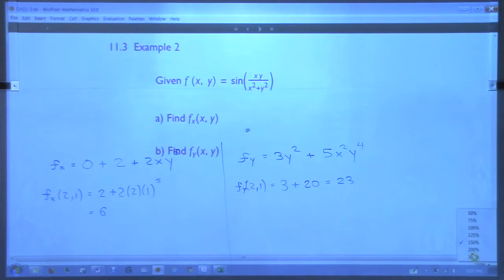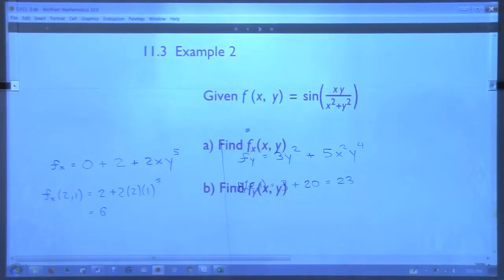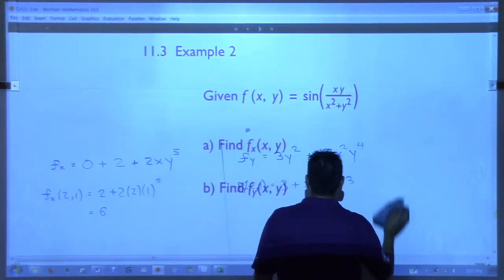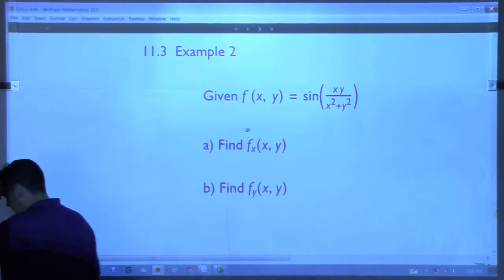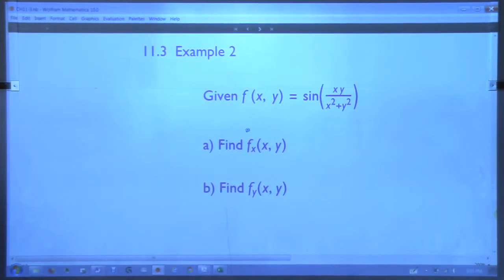Okay, take a few minutes to try and take the partial derivatives of that. We'll see how you do with that. What sorts of rules do you think you're going to need to incorporate if you're going to take those partials? You're going to have some chain rule because it's sine of something, right? And then inside there, what kind of rules do you think you're going to need? Quotient rule? You got a little quotient rule in there? And maybe some product. Well, would that be a product though? Because if you're holding one of them constant, you'll never have to worry about a product rule there, right? Yeah, you're right. Okay. So all right, take a few minutes to see if you can crank out that partial